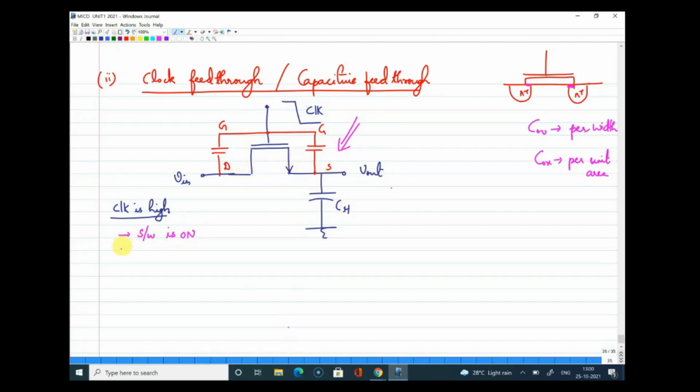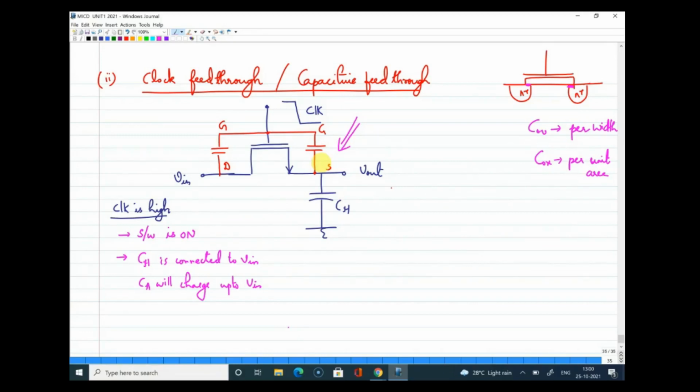And what will happen when the switch is on? Your hold capacitance CH is connected to input. This is connected to Vin, and as a result your CH will charge up to Vin. When I say up to Vin, again, that includes all the limitations. So even though there is a feed through, or a signal interaction through this capacitance, it will not affect the final sampled value, because the switch is turned on and the output is connected to input, and there is a path for the capacitor to get charged.